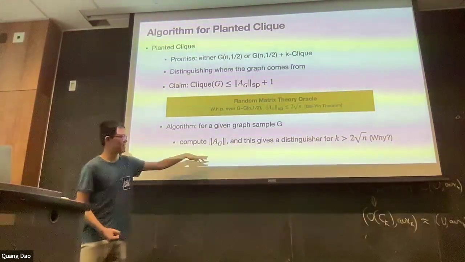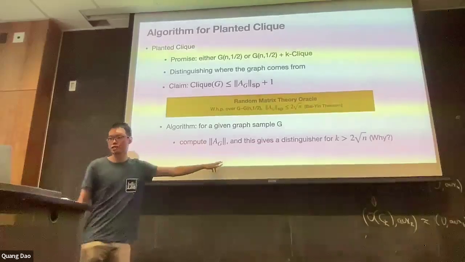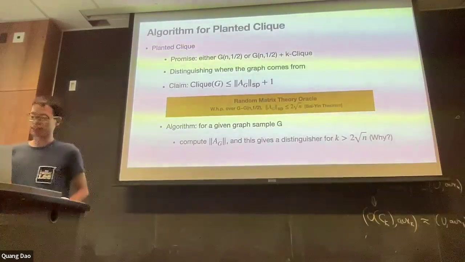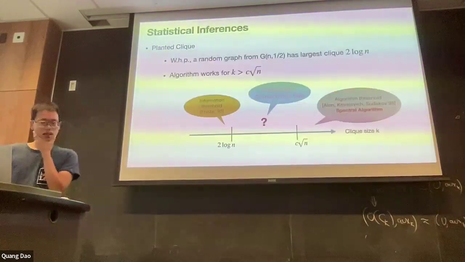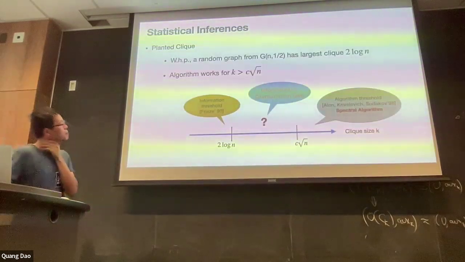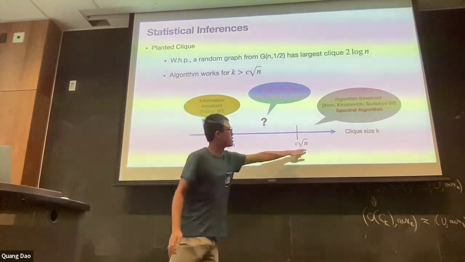Because if the clique is bigger than 2 root n, you can see that from the spectrum. It's going to be significantly bigger than 2 root n. But okay, now that we have described the algorithm for